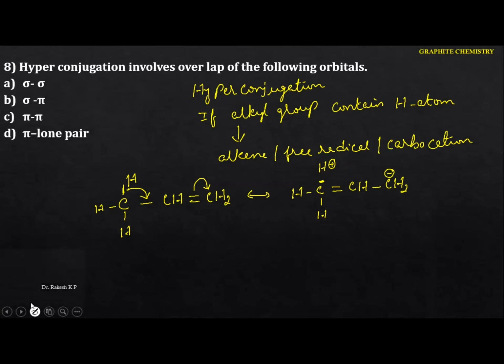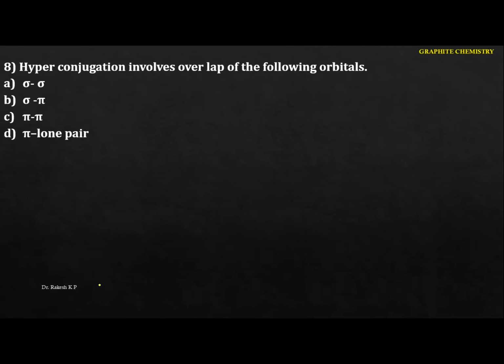I'm going to erase this one here. So I'm going to explain this one here. Here I'm going to take the CH3, whenever this is attached to the alkene. I'm going to write this is the H, and here it is the CH2, and this particular hydrogen, a sigma bond, comes here, and here we are going to get the pi electrons. Now you just go to this one. This is the resonating structure here. So here is the H, C, and the H. We don't have the bond because it completely breaks, and here it forms the H plus, and here is the double bond. Here it is the CH single bond CH2 minus.